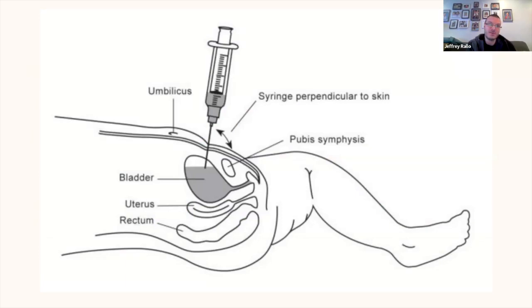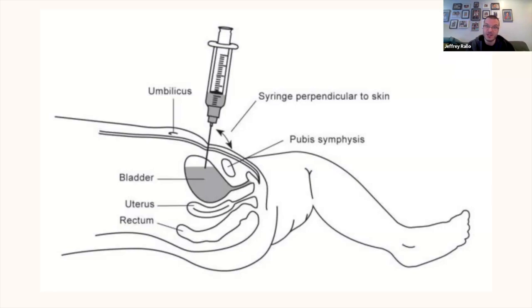It's an intimidating procedure, but it's actually super simple and super easy. The only complication is that you perforate bowel, but especially if you use ultrasound, just make sure there's no bowel over the bladder. It's much, much easier and more foolproof with ultrasound because you can just see skin, bladder, put the needle in, Seldinger technique, and take the urine out for studies.